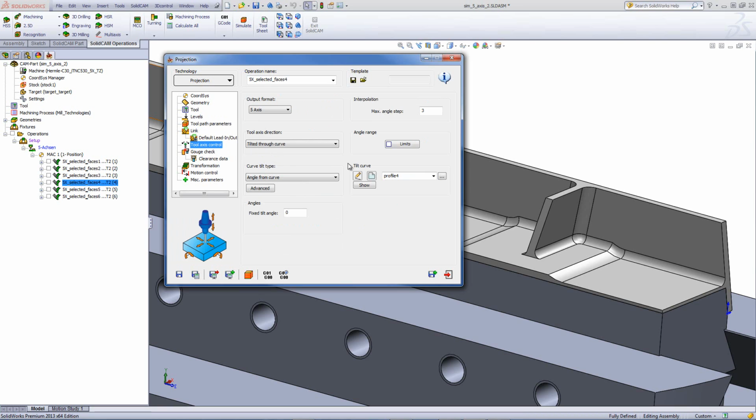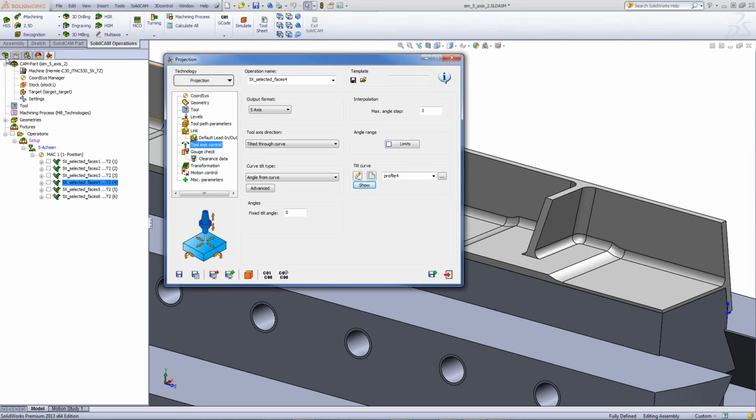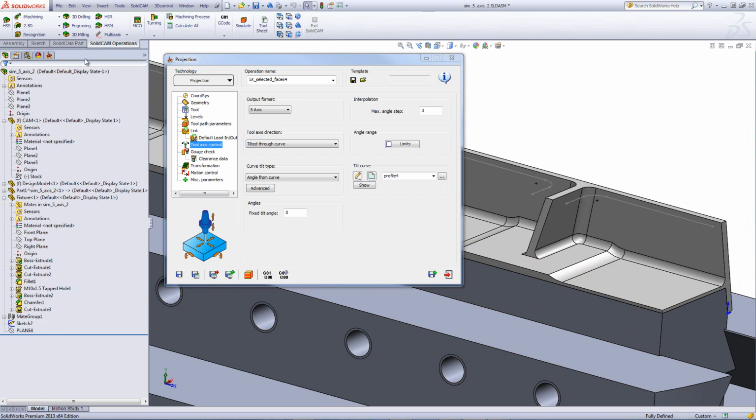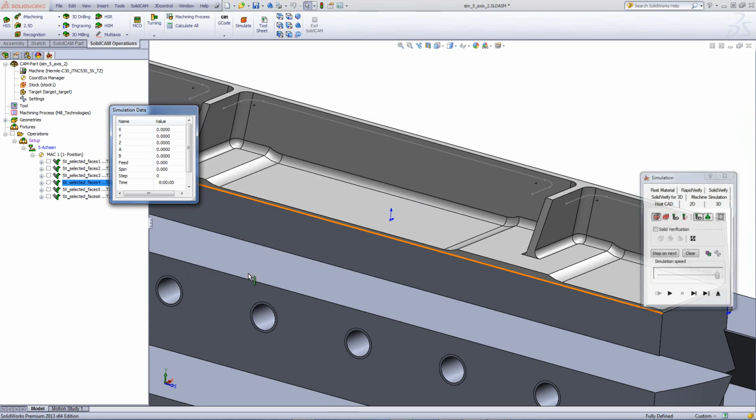If we take a look at the curve, at the tilt curve itself, you'll see that I actually have a geometry up on top over there. This, by the way, is from a sketch that I created inside my tree as shown over here, using this sketch for my tilt. This will actually prevent the tool from working on the side over here, working only in this radius over here. If we take a quick look at the simulation, you'll note that the tool will go